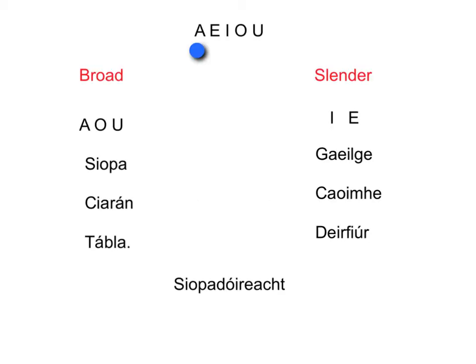So probably the first thing we need to realise about Irish is that the vowels have a bit more to do with words than they do in English. In Irish, the vowels are split up into two groups: broad, which are A, O, U, and slender, which are I, E. Now, the reason this happens is that every word in Irish that is over one syllable, like shopa, Kieran, tabla, Gaelga, Kiva,